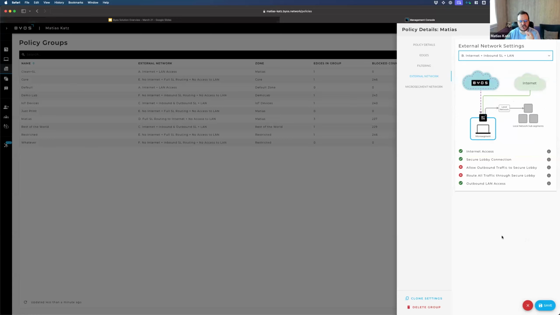Kind of like an extension of this use case is scenario B, which has internet access, standard internet access, and inbound from the overlay, meaning that this is what you would have in the same scenario that you had before. You've got a user, a machine that is using someone else's resources or services for internet protection, but you still want to have inbound access to their machines via the overlay, meaning that, for instance, you might want to do remote troubleshooting of that machine,